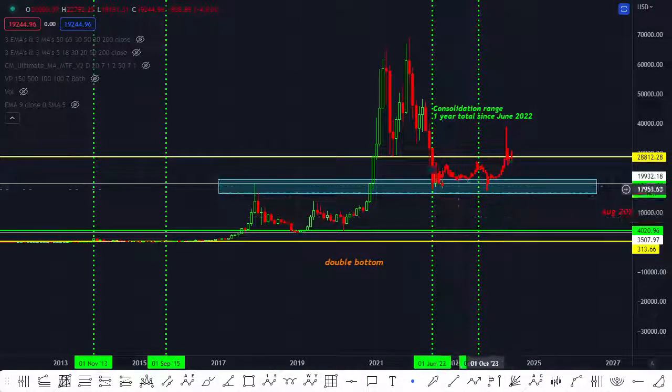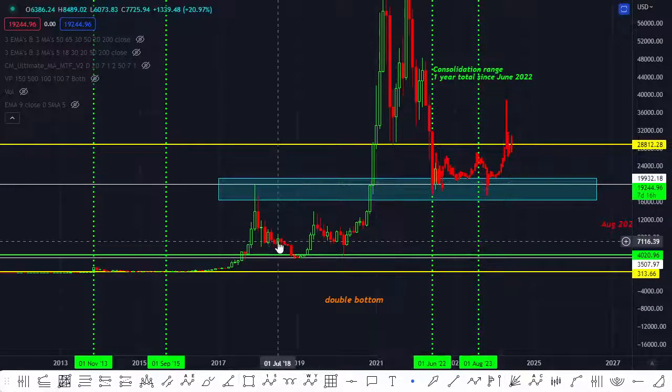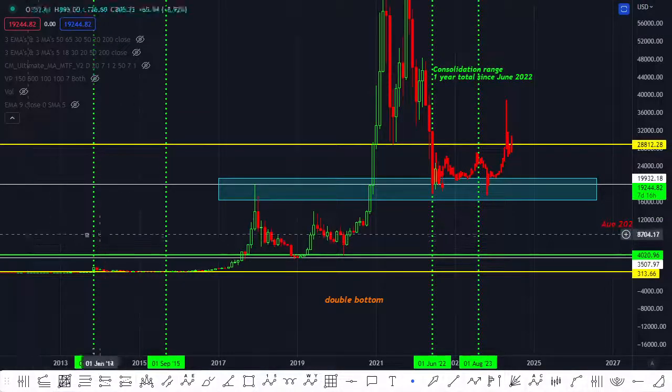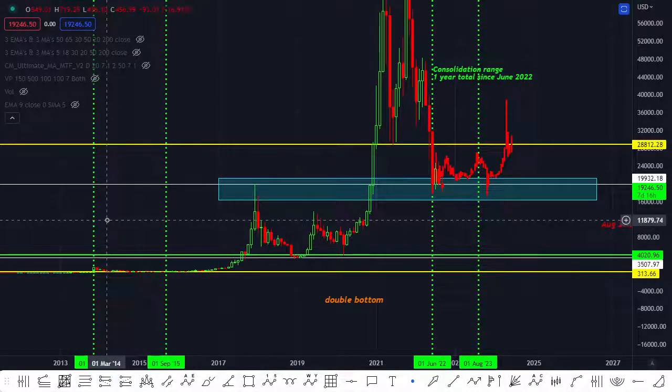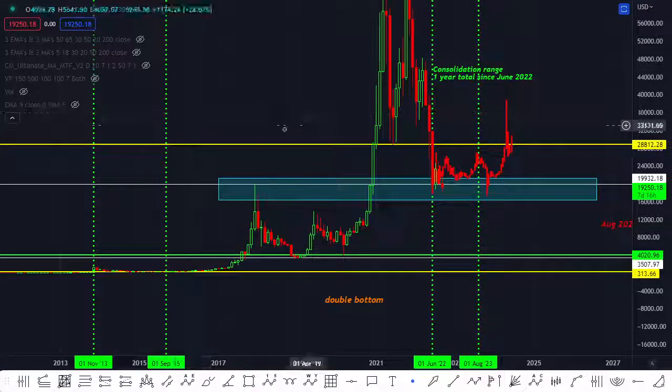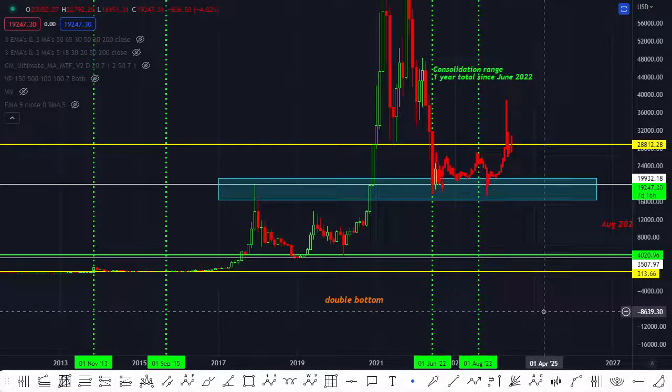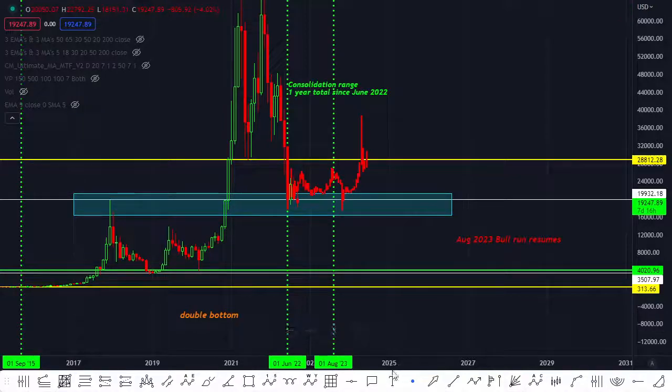So as you can see also, I have a small fractal here, which I took also from the 2014-2015 bull run, because I think this bull run is very similar to that one. And I'll be explaining what the fractal is, what I see, the duration, and so on and so forth. So before we get started with the fractal, let me just say straight from the get-go, I'm very bullish for Bitcoin where we are.